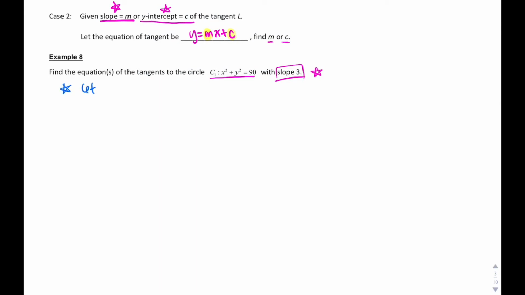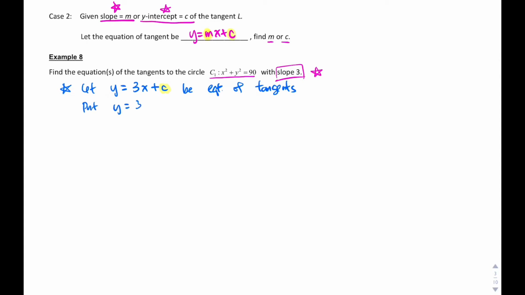So we just let y equal mx plus c, that means y equals 3x plus c, be the equations of tangents. Here, you have to find the unknown constant c. By what we have learned about the relationship between a tangent and a circle from section 7.3b, we know that